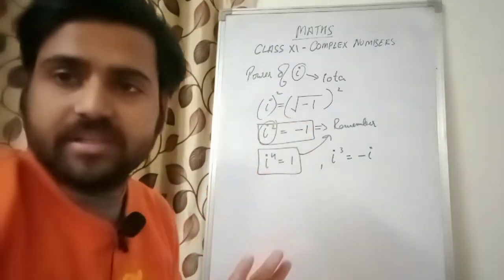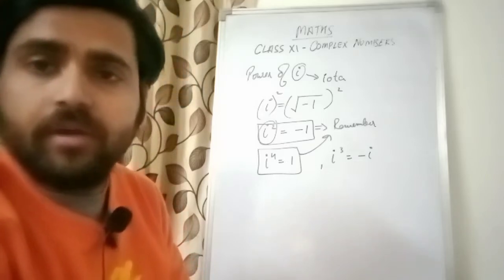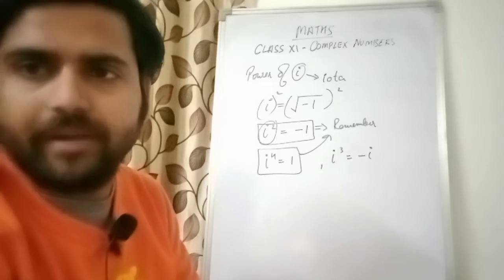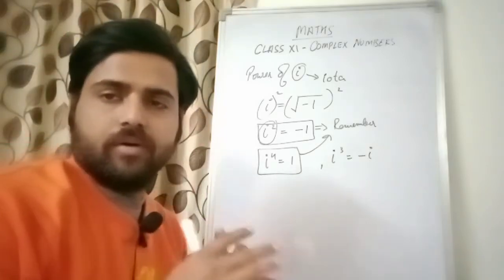I square will be represented as minus 1. I cube we found out it is minus I. And I to the power 4 is what? 1. Now if I give you any value, any number, or you can say any